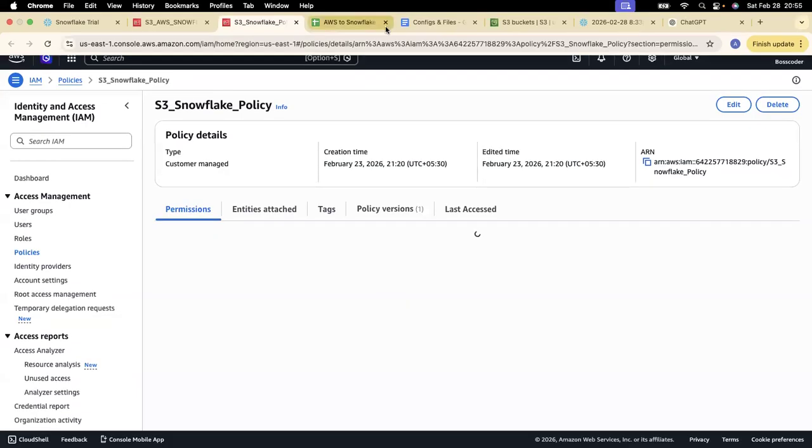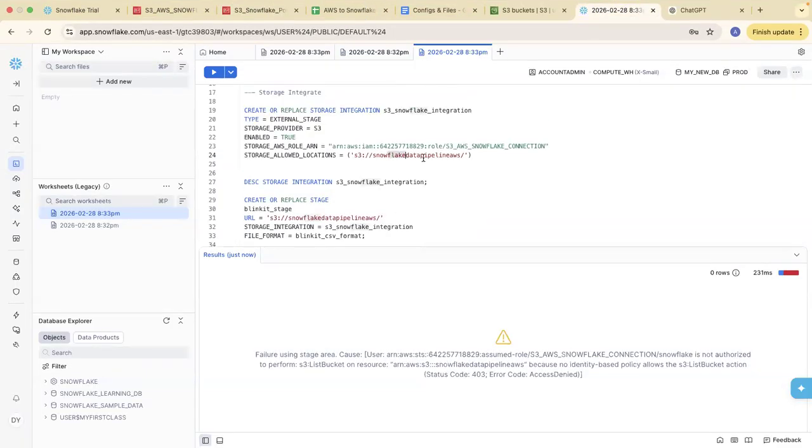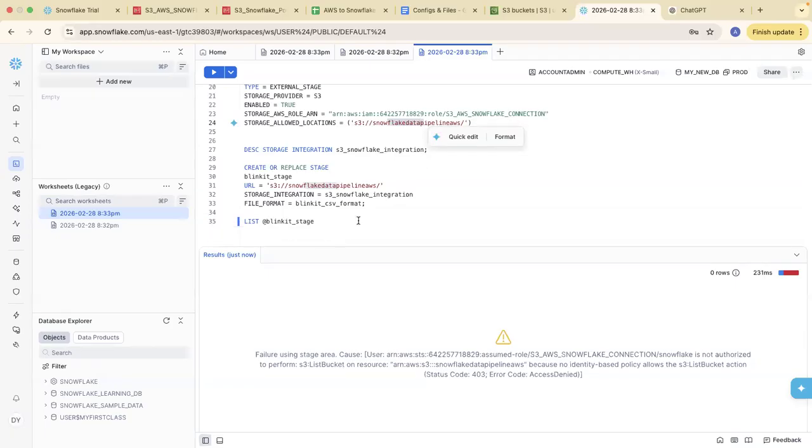Okay, so no worries, as we have only 5 minutes. I think I have messed up with the name or some kind of error while writing or pasting the values that I have shown you. The process is the same. If you do it in the correct process, you will see in the Blinkit stage that the whole Blinkit file will be uploaded and will come to the Blinkit stage inside Snowflake.